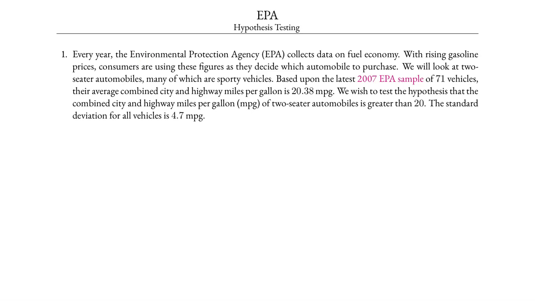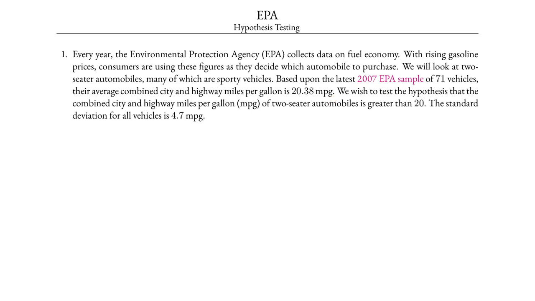Every year, the Environmental Protection Agency (EPA) collects data on fuel economy. With rising gasoline prices, consumers are using these figures as they decide which automobile to purchase. We will look at two-seater automobiles, many of which are sporty vehicles. Based upon the latest 2007 EPA sample of 71 vehicles, the average combined city and highway miles per gallon is